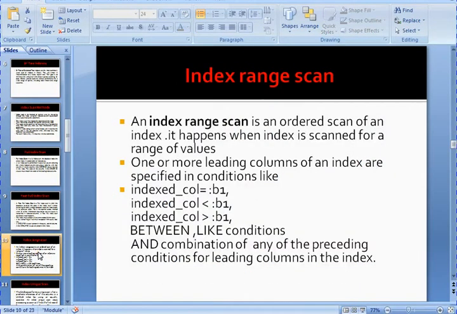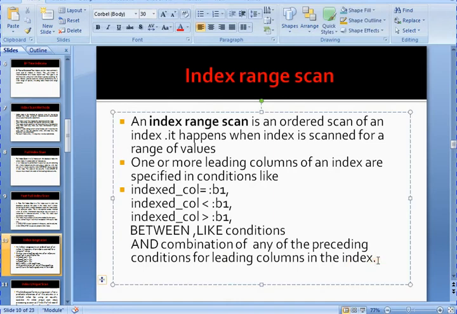Index range scan. An index range scan is an ordered scan of the index. It happens when the index is scanned for a range of values, when you are using a range predicate. One or more leading columns of an index are specified in conditions like equal to, less than, greater than, between, like, and combinations of any of the preceding conditions for leading columns in the index. Index range scan typically happens when you use any range predicates. Okay,